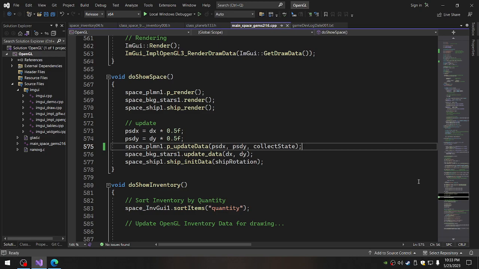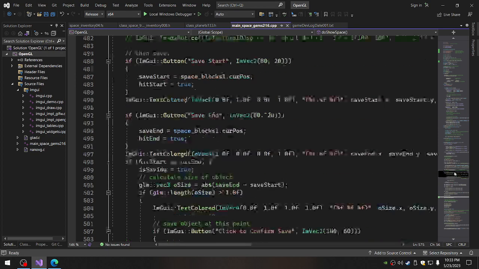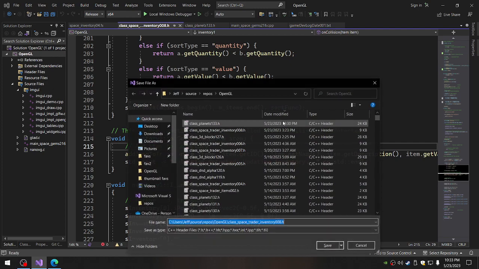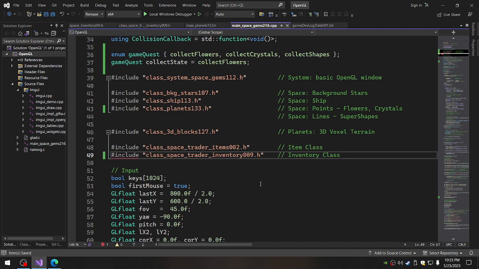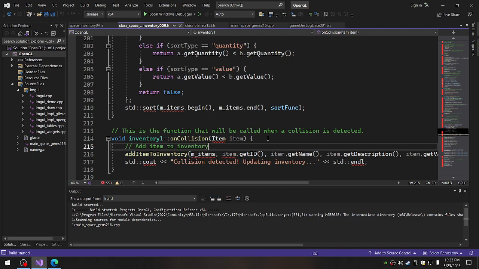So when we sort... Okay. Alright, so we need to sync between the... I think it's in here. So let's go inventory number 9, because that's going to change. Right there. Okay, then go back to main space gems. What's going on? Let's just run it. I knew it. I knew it. Okay. So now what we want to do is whenever the